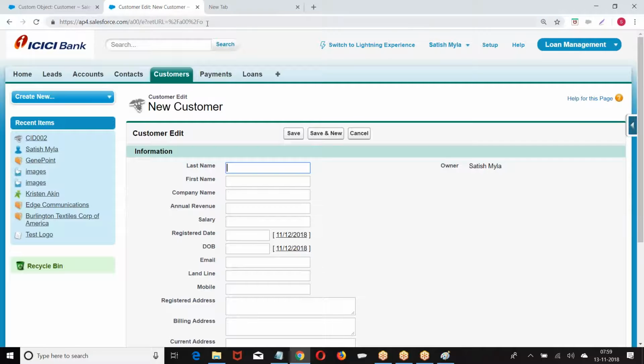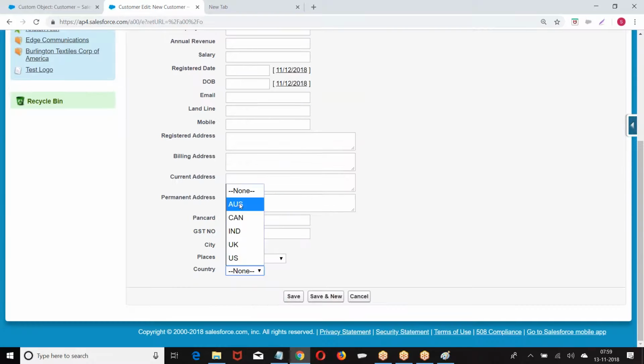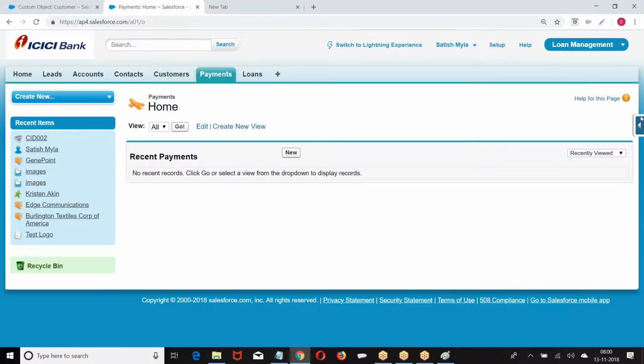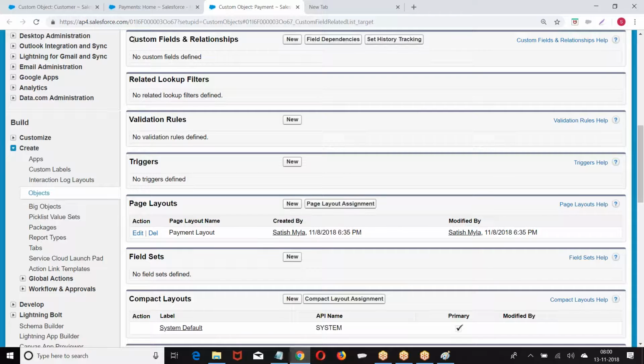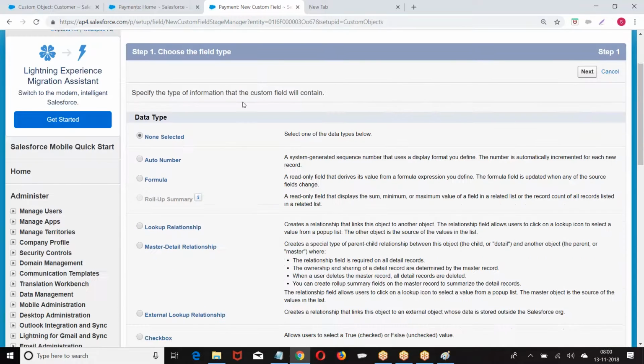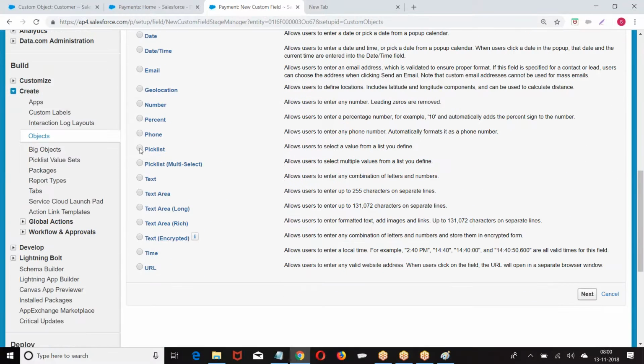So go back to this. You get in the group of options, right? Same thing I want to do with the payment. How do you create custom fields and relation? New, pick list.